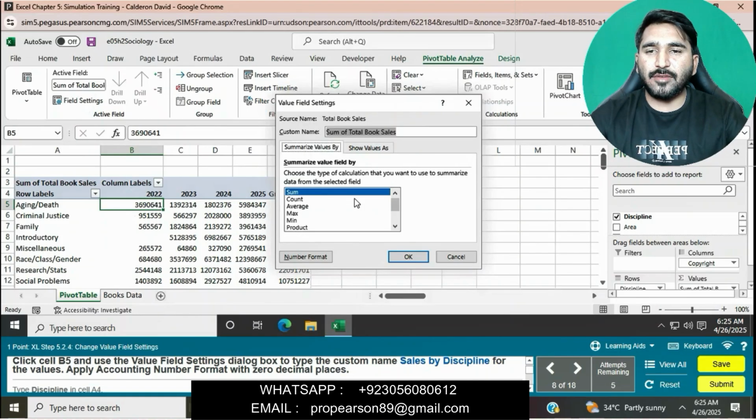Click on cell B5 and then simply in the PivotTable Analyze tab, go to the Active Field group, click on Field Settings and then we will type the custom name Sales by Discipline.